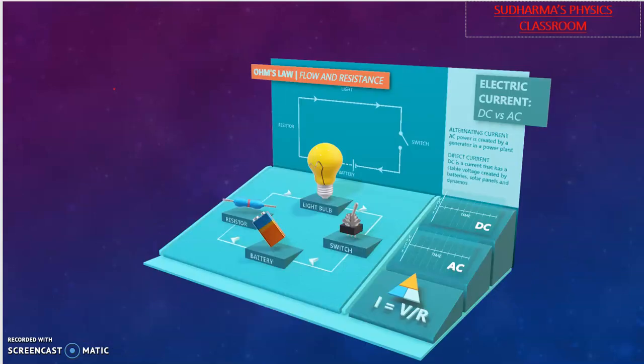So this gives a simple diagram. This is the Ohm's law diagram. Ohm's law I'm going to explain in the coming sessions. Now you just look at this diagram where the resistor is there, bulb is there, switch is there, and battery is there. If all these elements are connected together and if current is flowing through these elements, if it is a closed circuit, if it is a continuous conducting path, then definitely this can be called an electric circuit. Here you can see the switch is open.